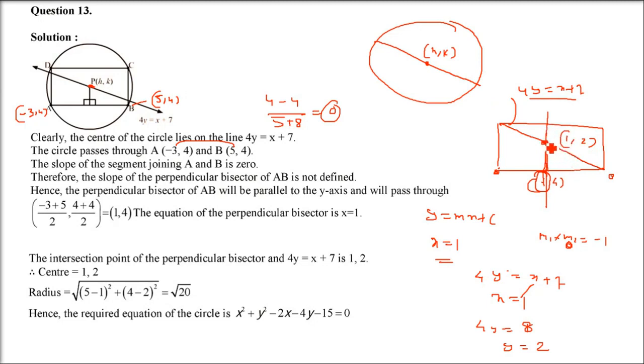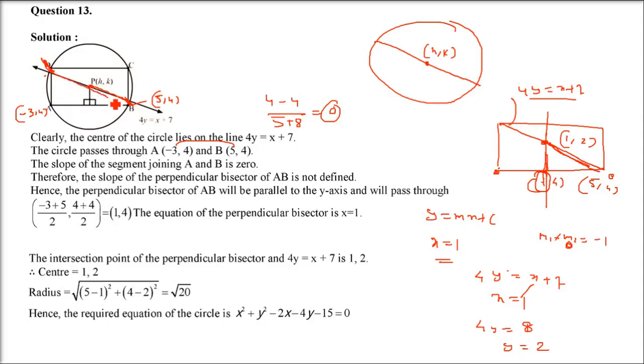Now we have got the center by intersecting the diameter line and the line x equals 1, which we found out. So this point is (5, 4), already given in the question. That is the B point. So we know this line, as I said again, is passing through D and B.